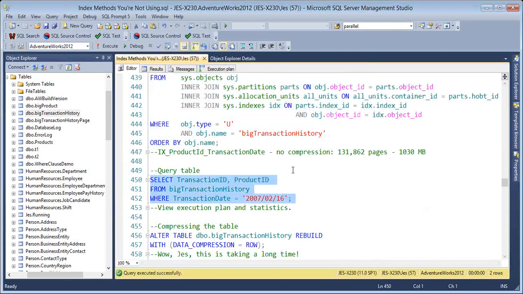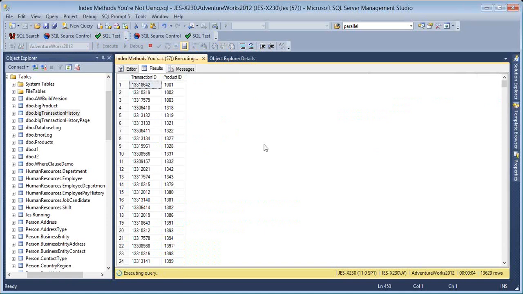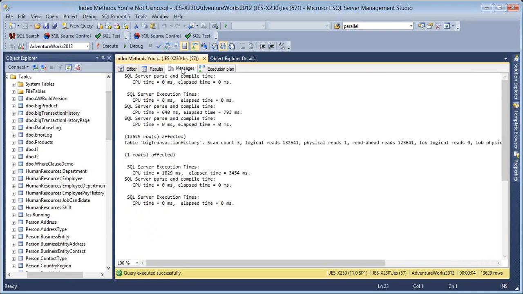Now say that I want to run a query against this table. I want to select transaction dates equal to February 16th of 2007. I'm going to tell you this is going to run for a few seconds. This table is not super efficient. If I look at my messages, I can see that I did